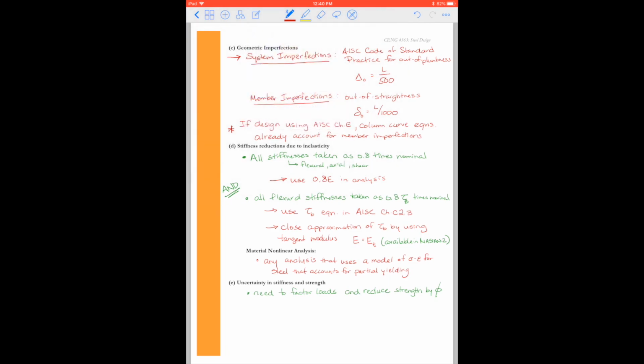And just to recap here, as a designer, we're going to use a second order analysis with our LRFD load combinations and compare to